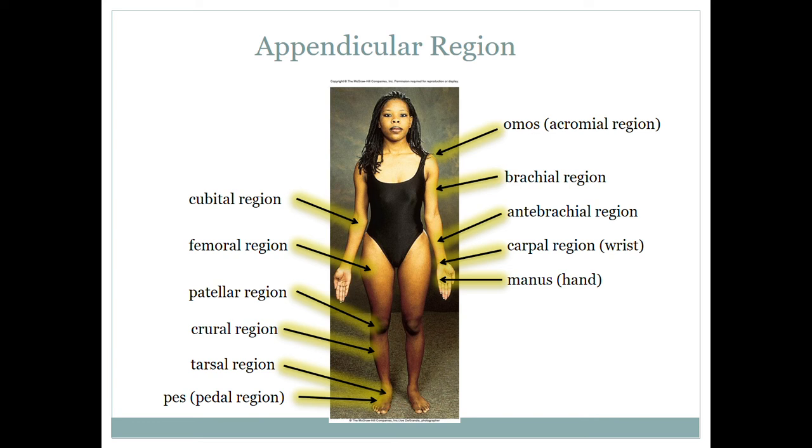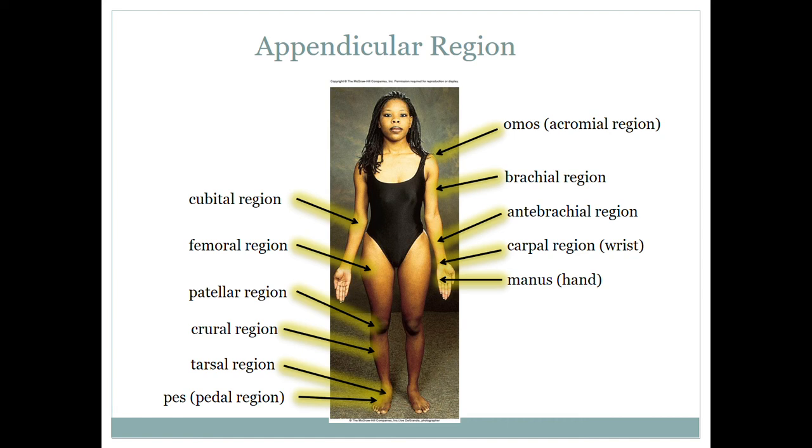That's where your femur is located. The area anterior to your knee joint is the patellar region. That's the area overlying the patella. And by now you should start to see kind of a pattern here. A lot of these regions are named for the underlying bone. So as we start learning the bones later on, you'll kind of get a better handle on some of these